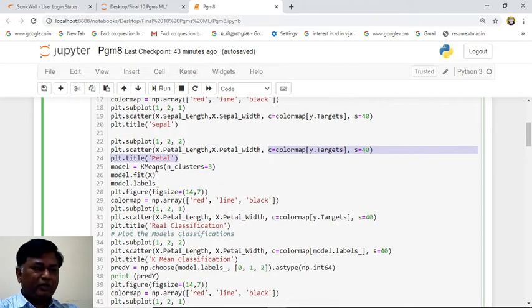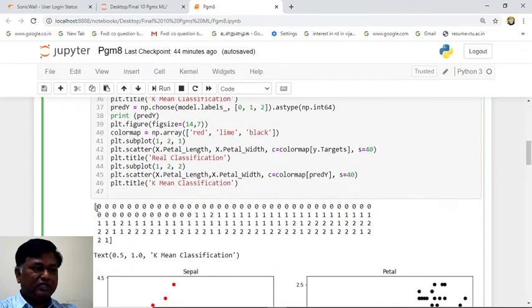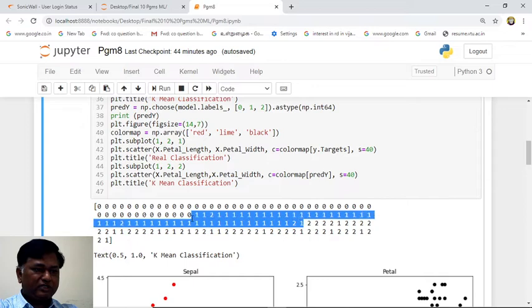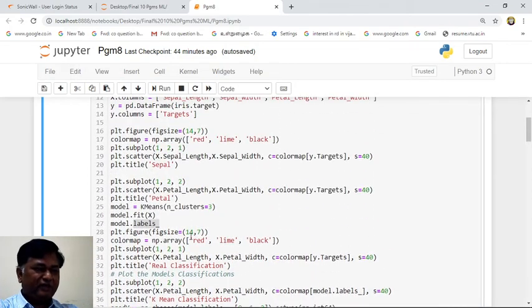Now the data set is applied to k-means algorithm. We know that we have three types of flowers, so number of clusters equals 3. The data we are fitting and assigning to the model here. That result, the labels, we will see now. So these are the labels. See, k-means is classifying the first set of data. This is the second set of data, that is 1. We can see some misclassification here. This is 2, 2s come here, and this third type of flower has come in this line, second. So based on Euclidean distance, k-means has classified like this.